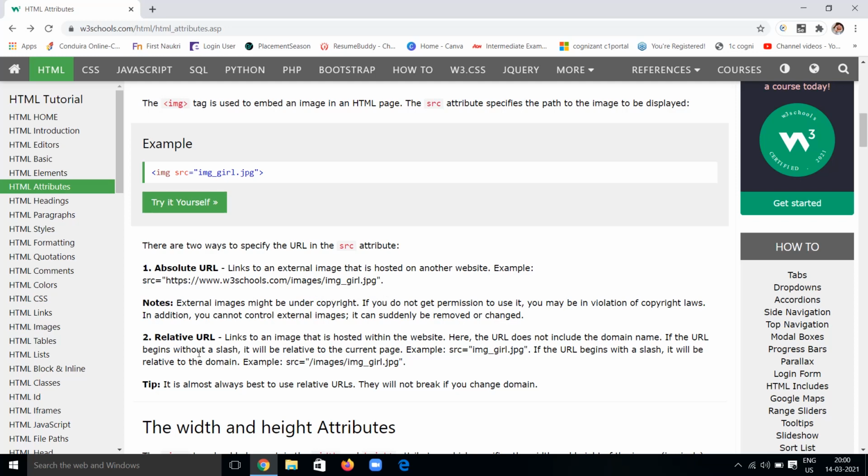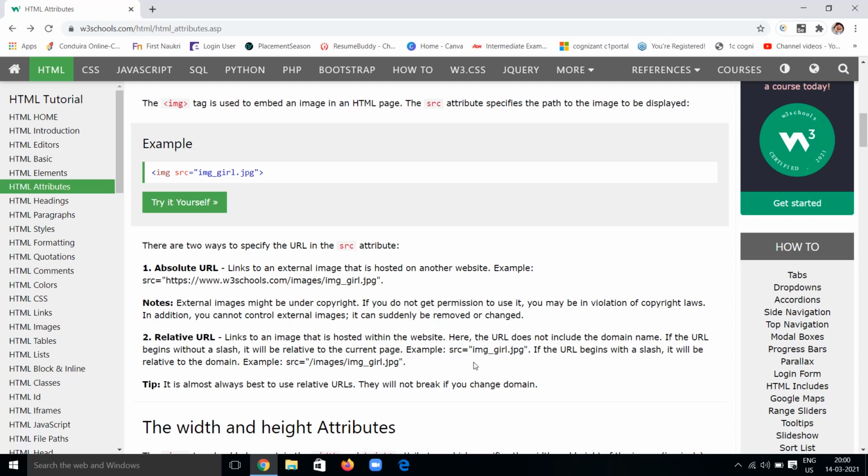So mostly people prefer relative URLs, which means links of images will be hosted within that website. That is within our control. The URL doesn't include a domain name, so no need to give the domain name. It is in our site. If the URL is without any slash, it retrieves from the current page.